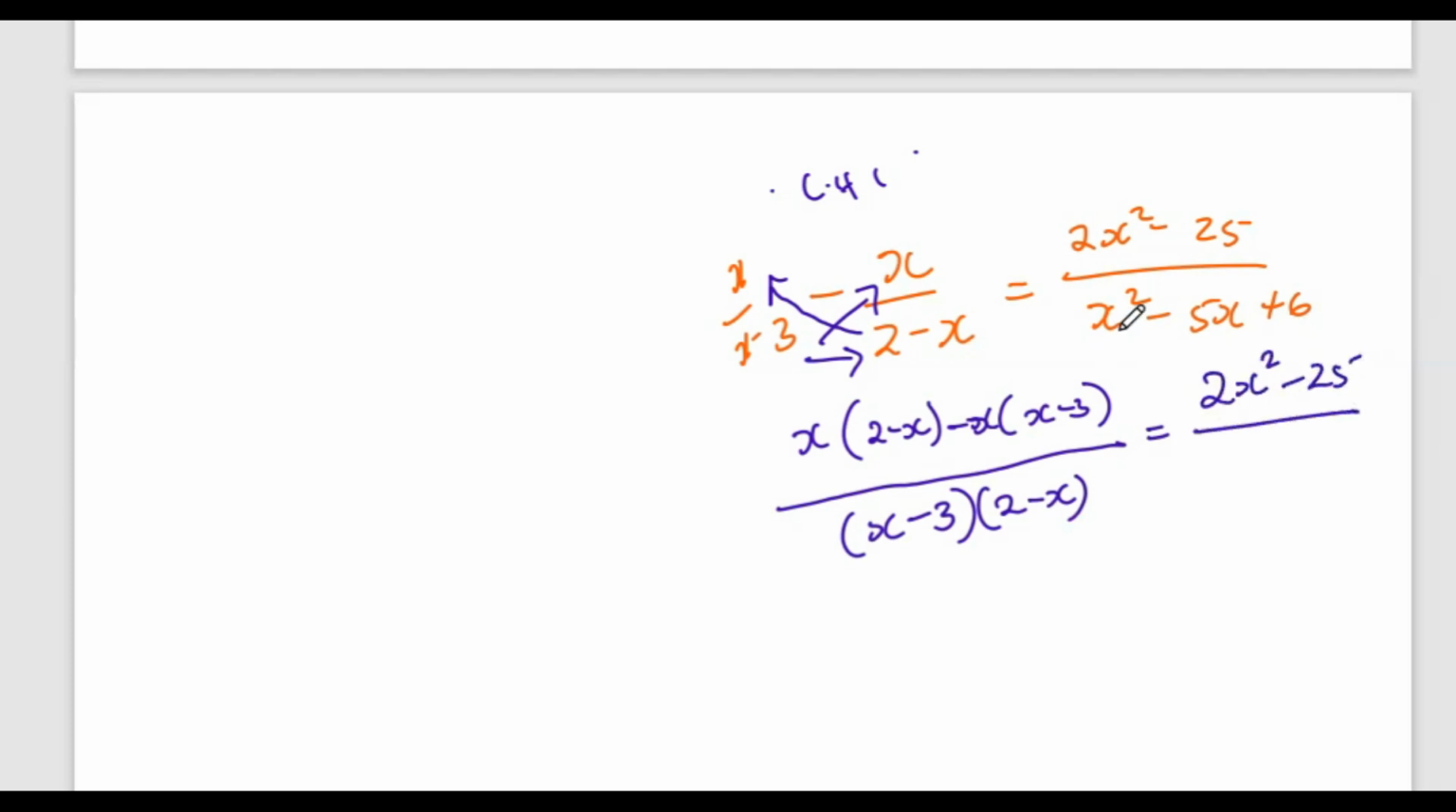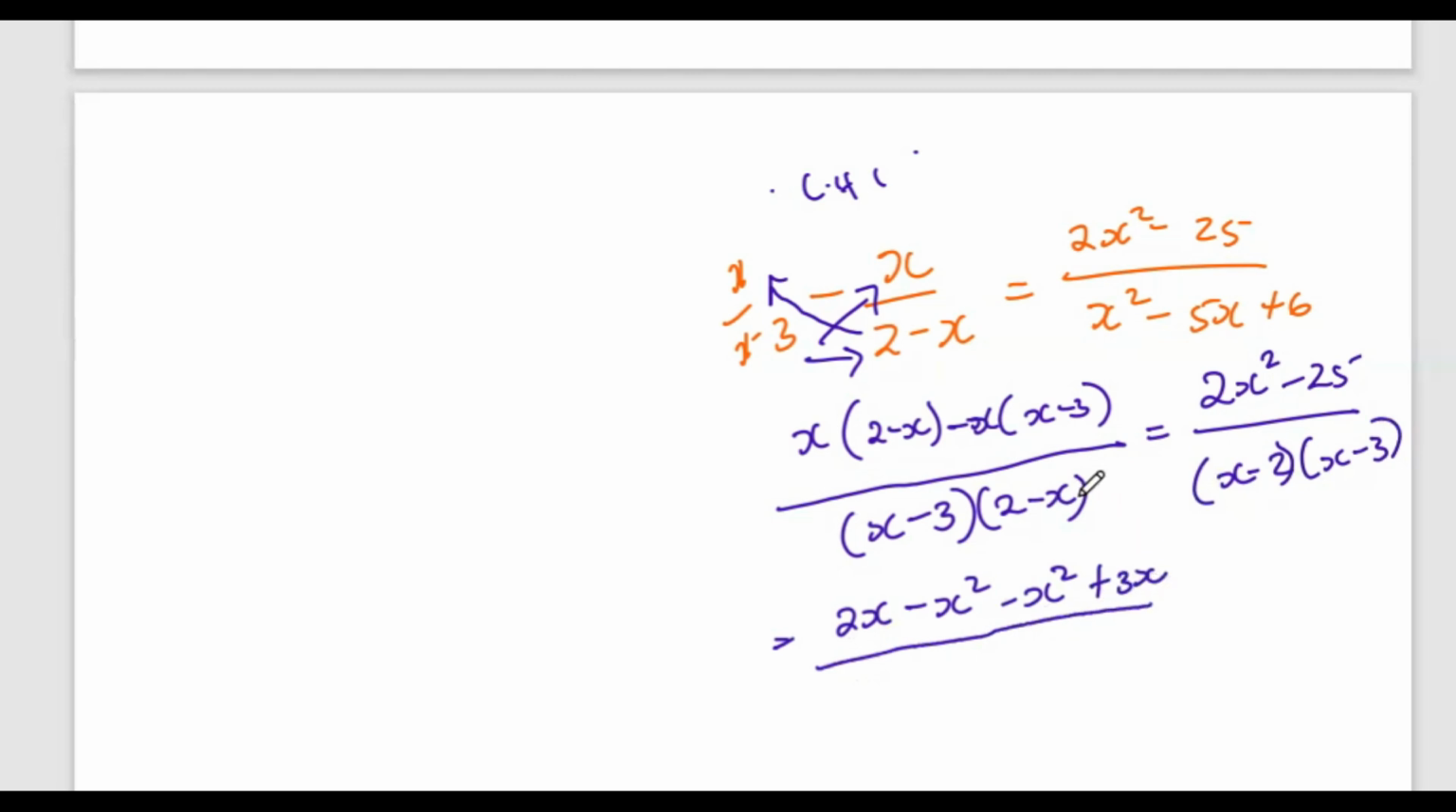At the bottom here, this is a trinomial. I can have my 2 brackets. That's x minus 2, x minus 3. Okay, I'll open up the top part here. That is 2x minus x squared minus x squared. That one, that is plus 3x